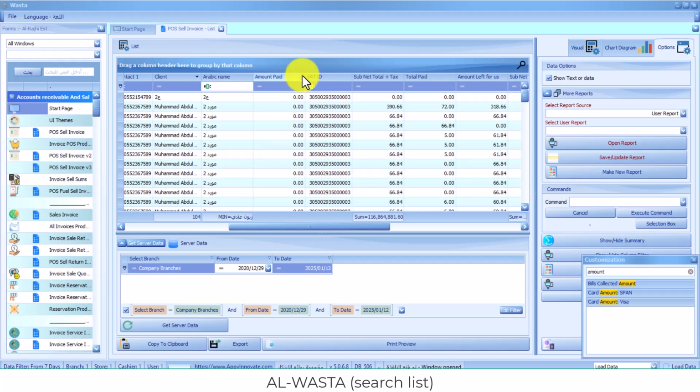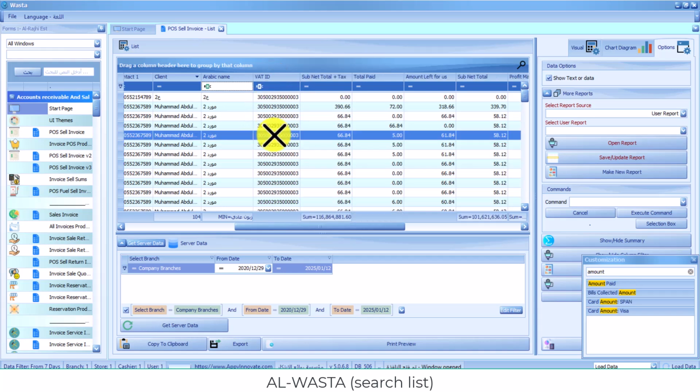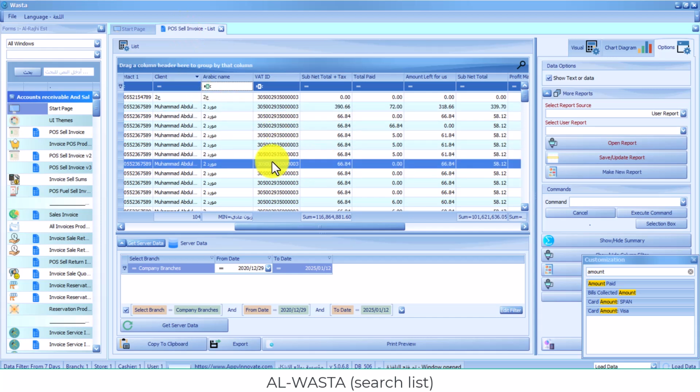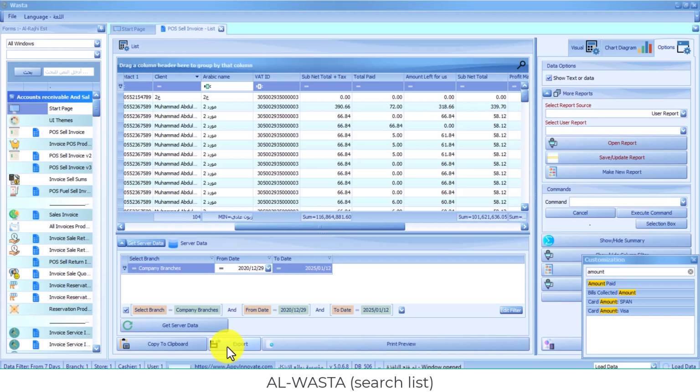If you want to remove this column, you can just drag the column like that until this X mark appears, and then leave it. By that, you will delete that column. This list is similar to any list in Al-Wasta. You can export it to an Excel sheet if you want by clicking on the Export button,